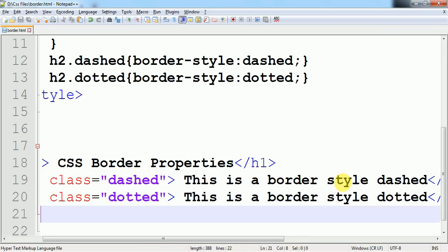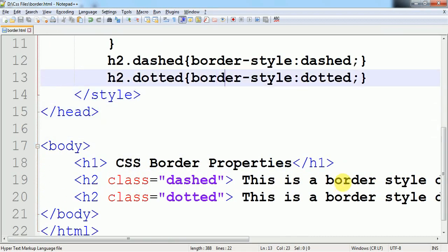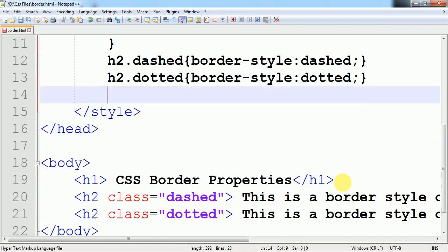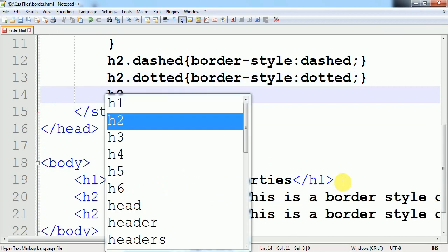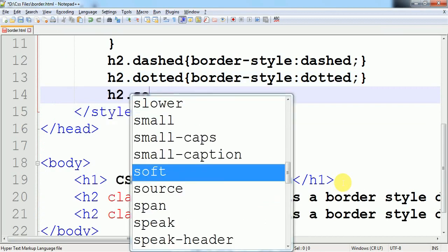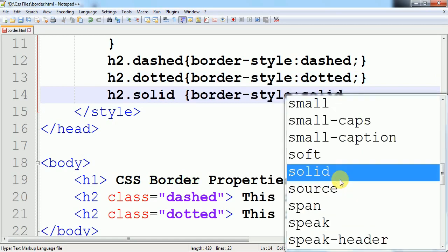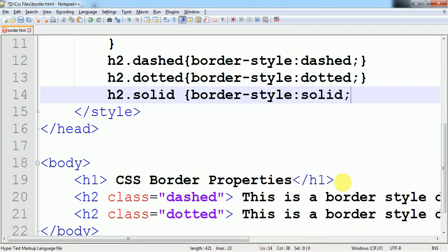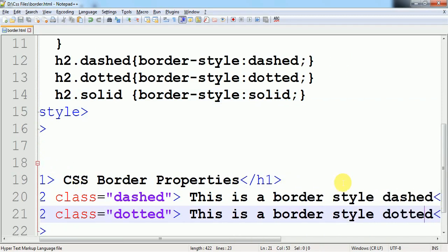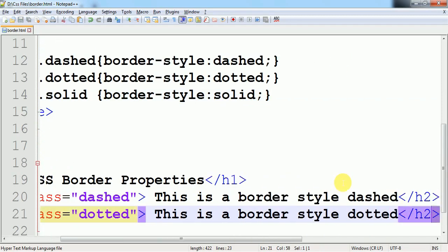Clear? Now the third style is solid, h2 dot SOLID solid, and I copy all the text, Control C, and closing curly braces. Here I copy this, this one is dotted, this one is solid.